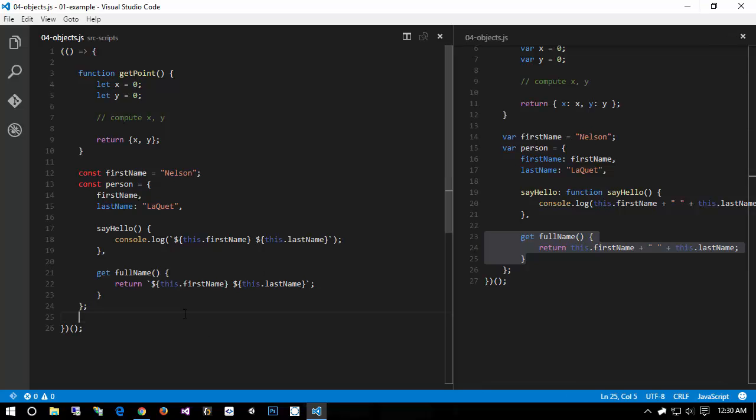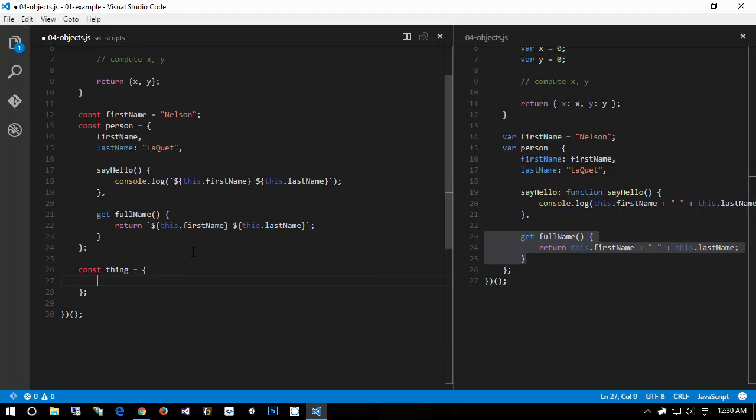Alrighty, there's pretty much just one last feature that I wanted to talk about as far as new ways to work with object definitions in JavaScript, and that is computed property names. So for example, I can go ahead and say const thing. I'm running out of creativity, sorry guys. Const thing, and so we can always declare our properties as usual, like prop1 is whoa. But we can now do computed properties by using square bracket syntax. So I can create a property and I'll call it thing dash plus other, and then assign